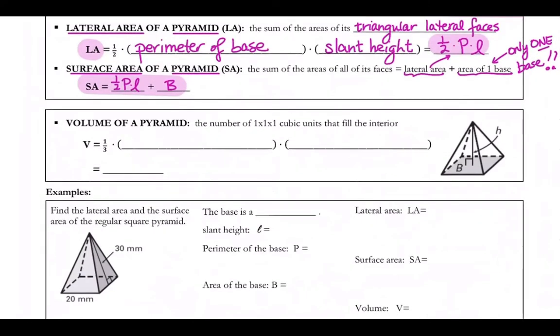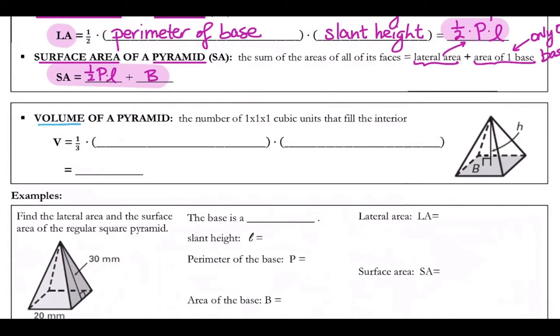Okay, for volume, the volume of a pyramid is the number of 1 by 1 by 1 cubic units that fill the interior of the shape, just like always. And the volume of a pyramid is 1/3 the volume of a prism with the same base area and same height. So the way you find the volume of a pyramid is you find the area of one of its bases,